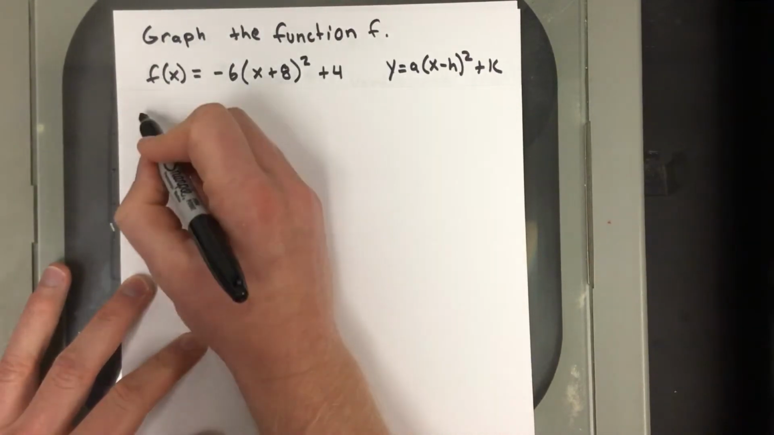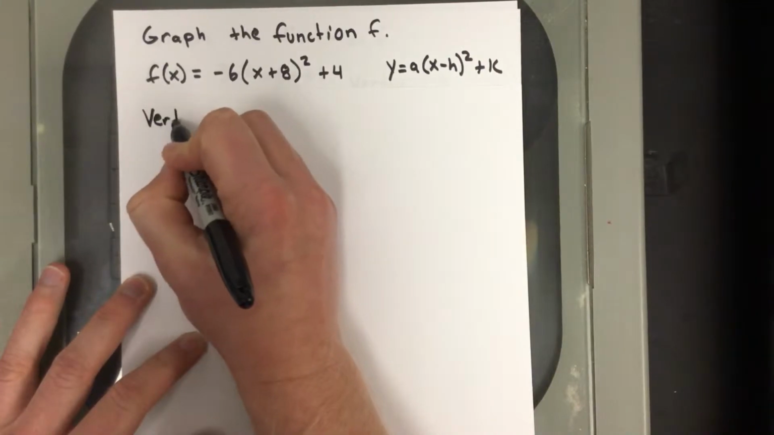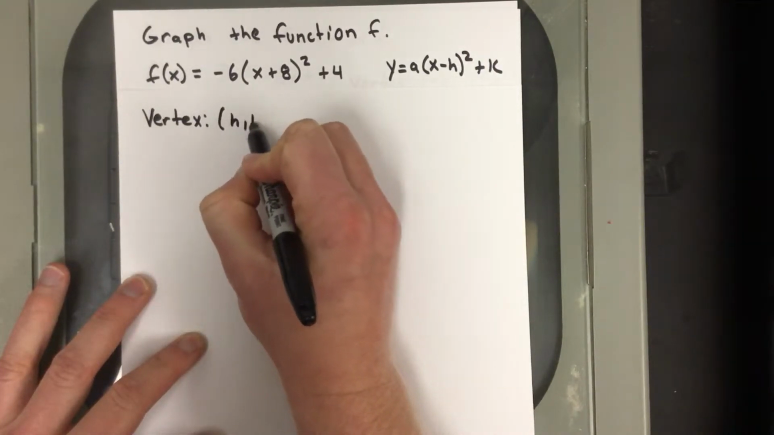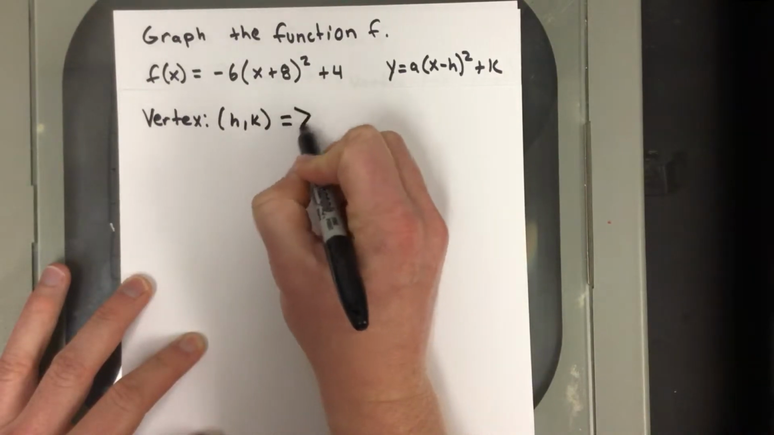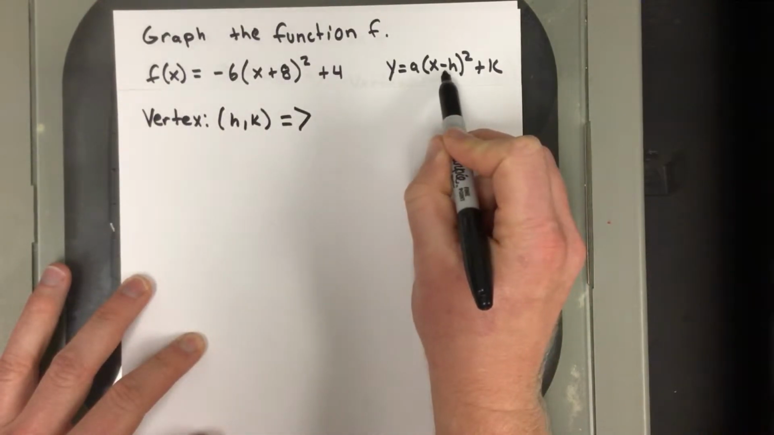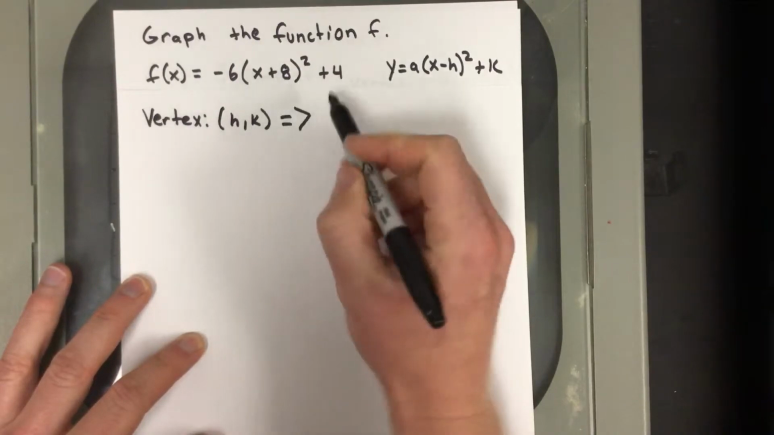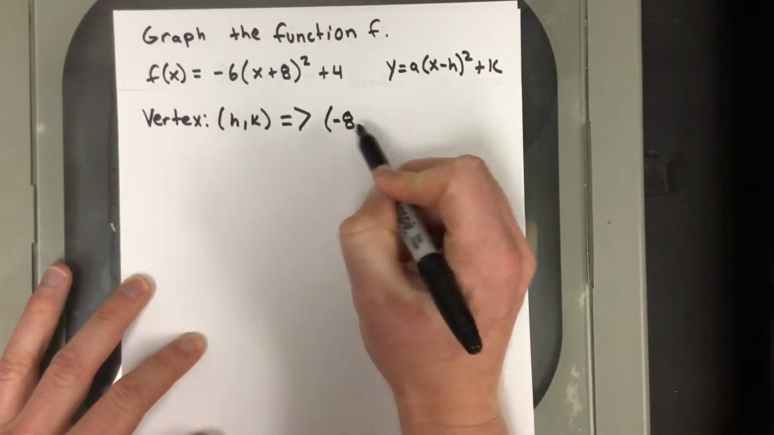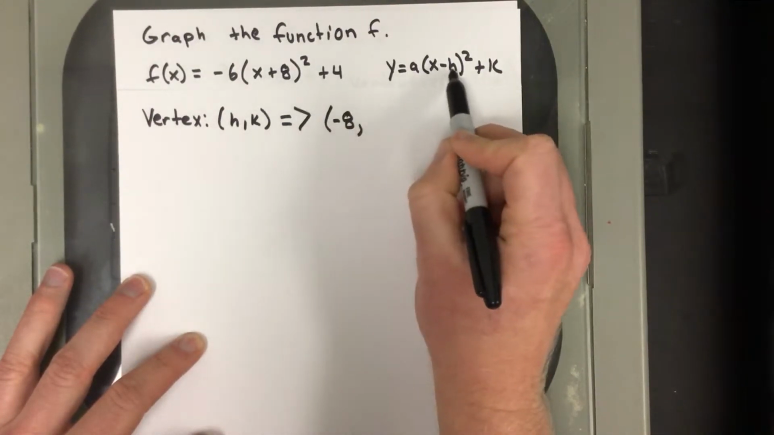find the vertex. Well, remember the vertex is going to be (h, k). And if we look here, h was supposed to be negative h. Well, now it's positive 8. That means h was actually negative 8, because if it's positive 8 and it was supposed to be minus h, you must have had a negative 8